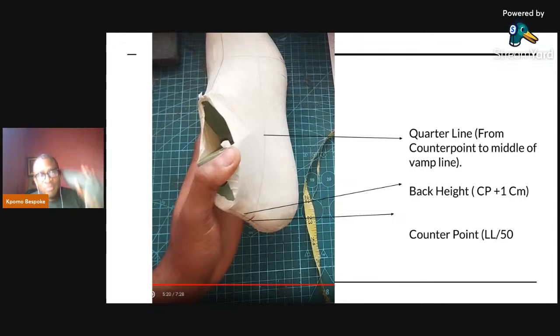These rules remain consistent. So on any last, you are going to have to calculate all of those. You are going to have to find all of those cardinal points and generate those cardinal lines. When you have done that, you create your mean form, and then with your mean form, you can now start designing your patterns. In tomorrow's live class, we will talk about designing the various parts of the pattern of a monk strap shoe. But the first thing I wanted to talk to you about is the cardinal points on your shoe last, and then how to create your mean form, and then we will work with the mean form in